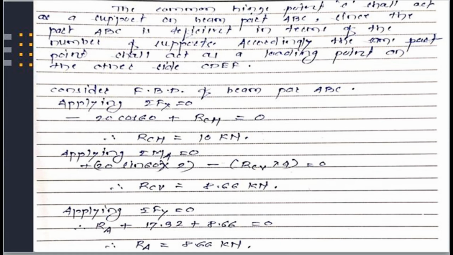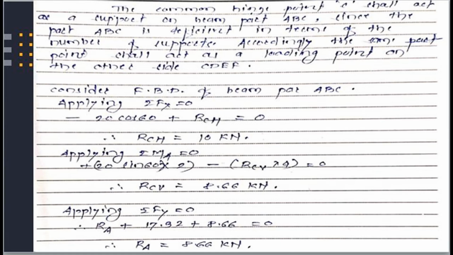Now, taking moment about point A and applying condition of equilibrium, that is applying summation of moment about point A is equal to 0. Here from point A, RA will pass through point A, therefore moment of this RA about point A must be equal to 0. Again 20 sine of 60 will rotate in a clockwise direction about point A, and perpendicular distance of this 20 sine 60 from point A is 2 meter. Therefore moment must be equal to plus 20 sine of 60 multiplied by 2.